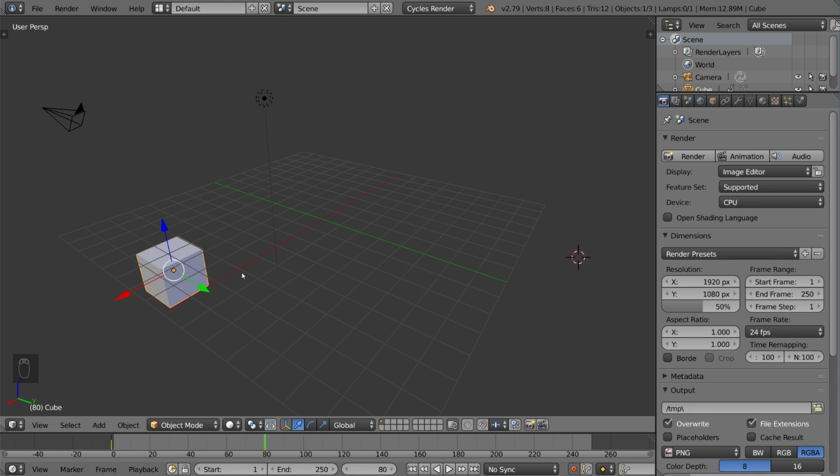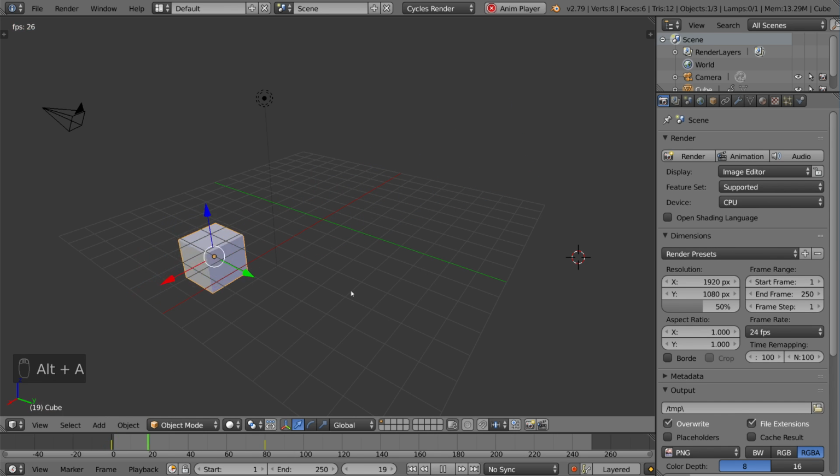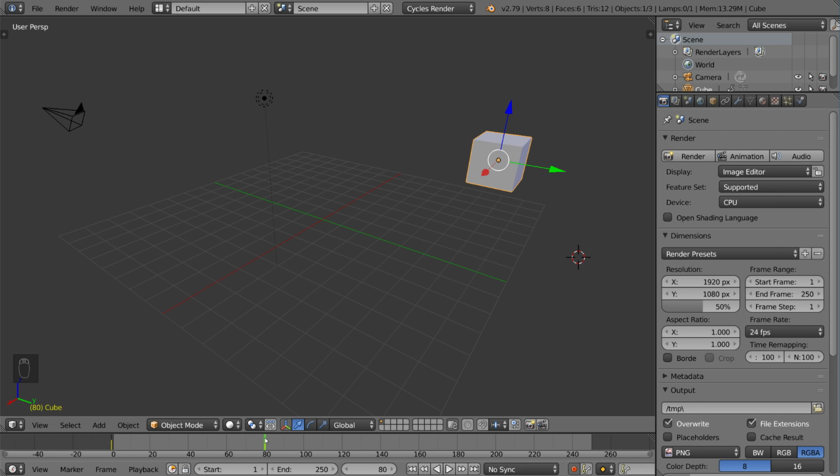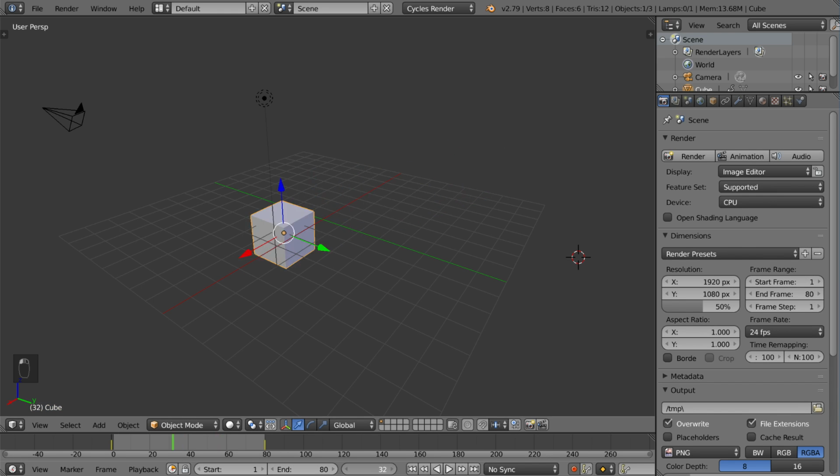And you can click and drag across the timeline to actually move your cursor in time. There we go. So I can actually hit Alt A and play that back at full speed, and that is of course an animation. And you can actually change the end time for your timeline. Right now default is 250. Let's go ahead and bring it down to 80. There we go.